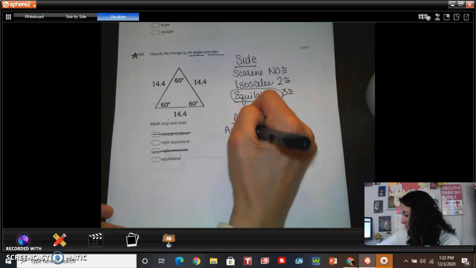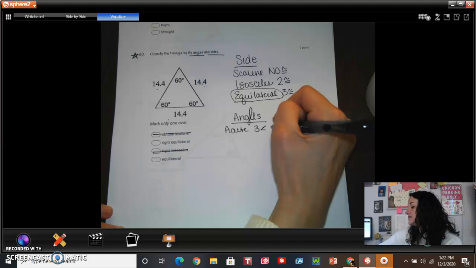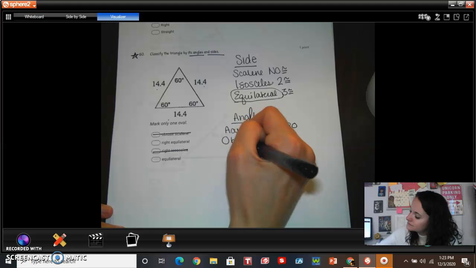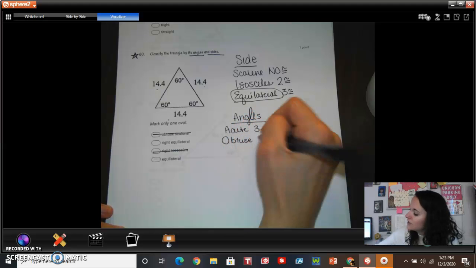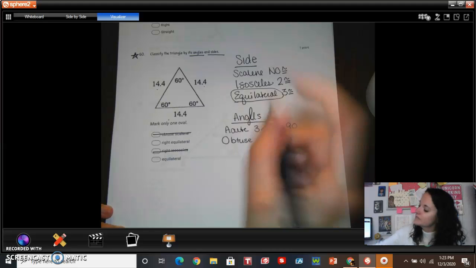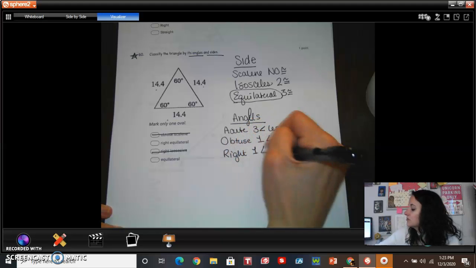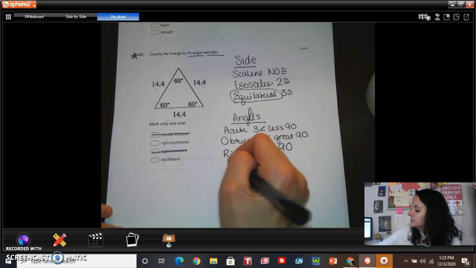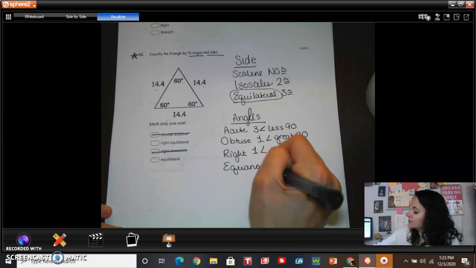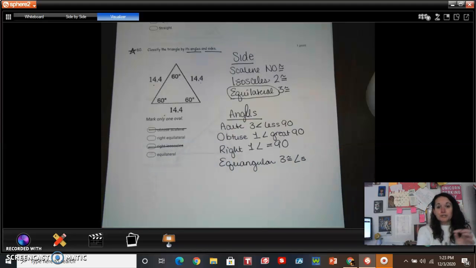So if it is an acute triangle, that means we have 3 angles that are less than 90. If it is obtuse, then we have 1 angle greater than 90. If it is right, then we have 1 angle equal to 90. And then if it is equiangular, I forgot the I in there, please forgive me. We have 3 congruent angles. Now, we also have learned about how if it